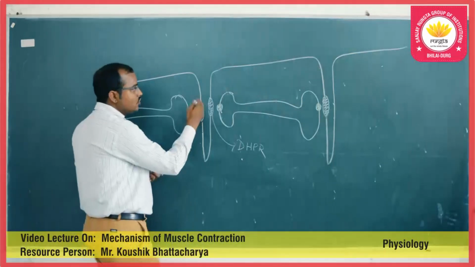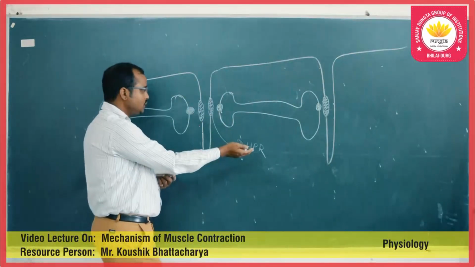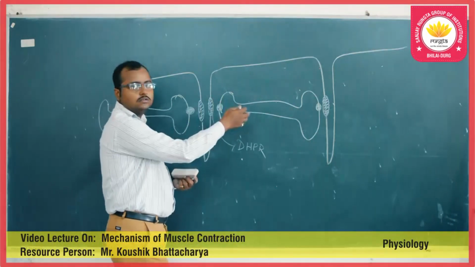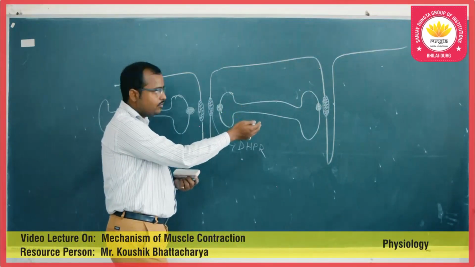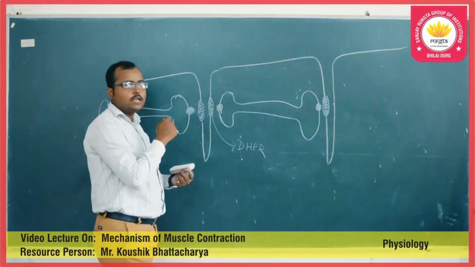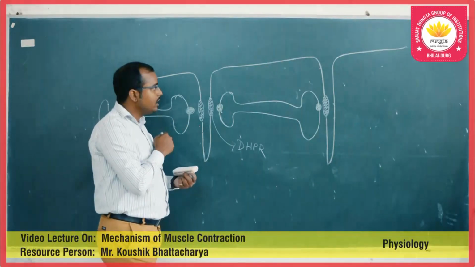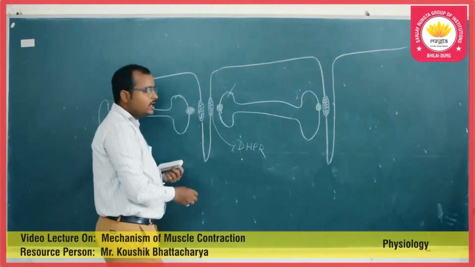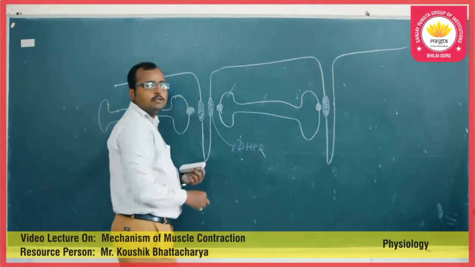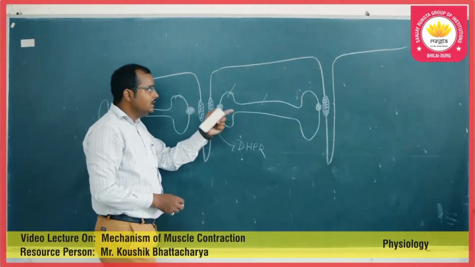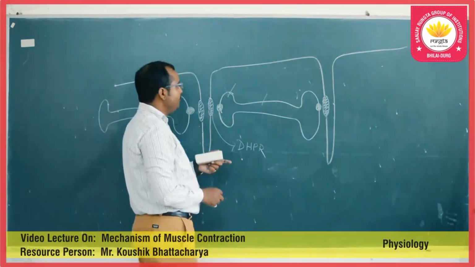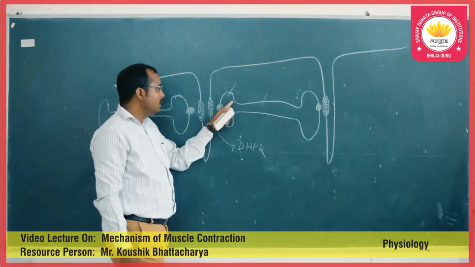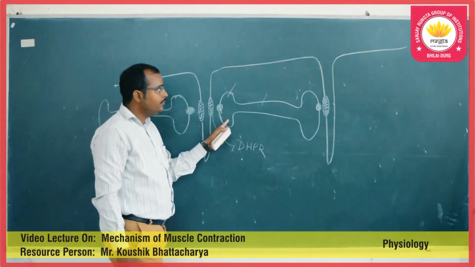And just opposite to this T-tubule, there was another structure: the sarcotubular system. These sarcotubular systems have two different structural components. The first one is known as the terminal cisterna, and the other one is known as the L-tubule, or longitudinal tubule. The function of the terminal cisterna was only one: it will help to store the calcium ion,